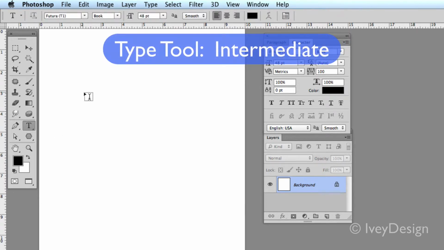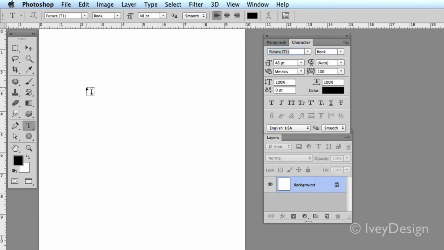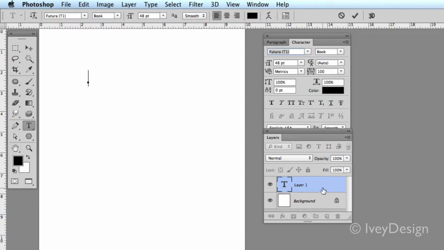When using the type tool, be aware that there's two kinds of type you can create. There's point type and area type. If I was to just use my type tool and click once, I get a blinking cursor. This is called point type. Also notice in my layers palette that I have a layer that's specific to type. It's a type layer. So if I was to start typing,